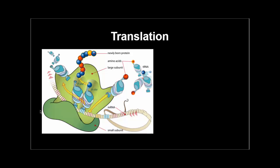Alright, that brings us to translation. Here we go. Remember our little buddy, the mRNA from before? Well, this is him. Tracing 101 with Mr. Tanderson. There you go. So you can see we have our buddy, the mRNA, sliding through the ribosome,